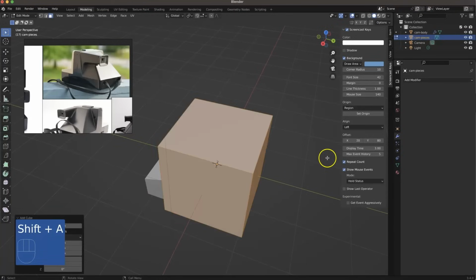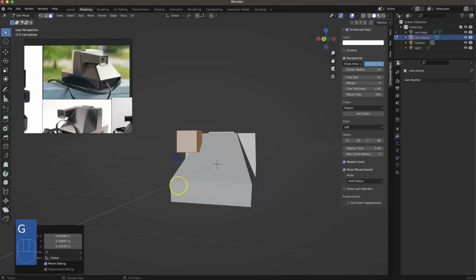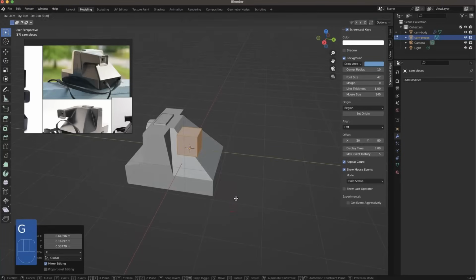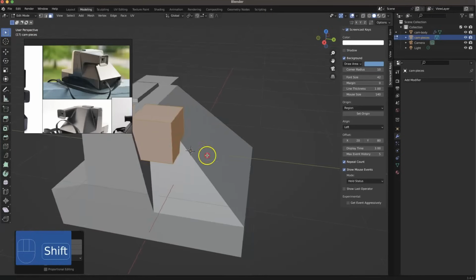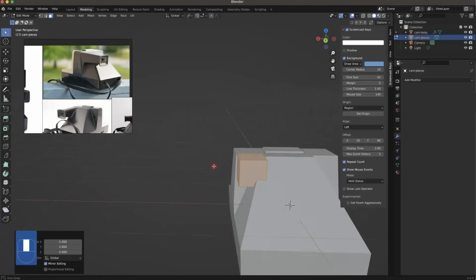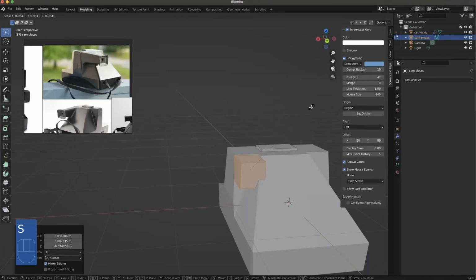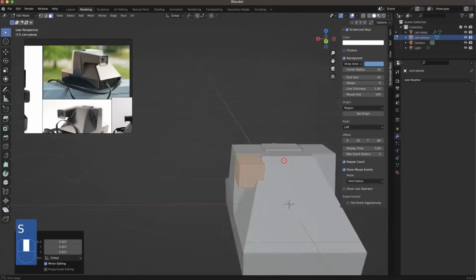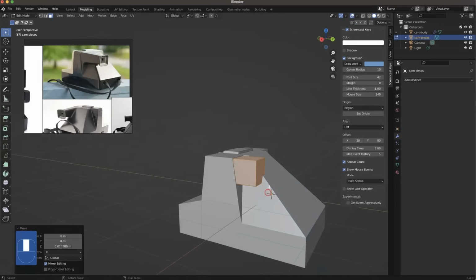Okay, so Shift A and then go to Mesh, Cube to add a cube, S to scale it down, G, X to move it to the left, and then G to position the cube approximately to where the base of that viewfinder would be. S to scale it, continue to nudge it,